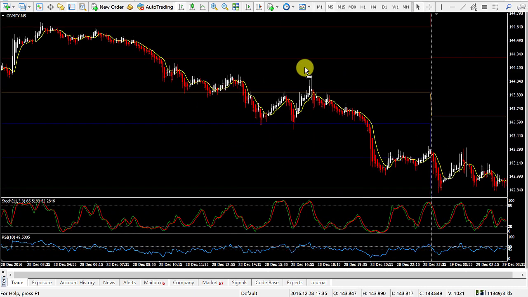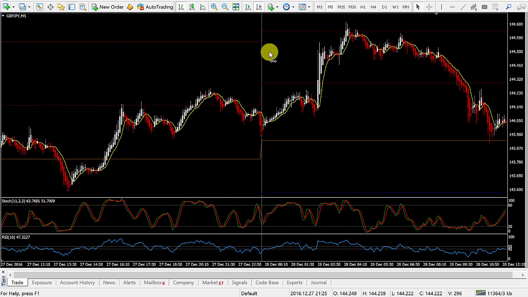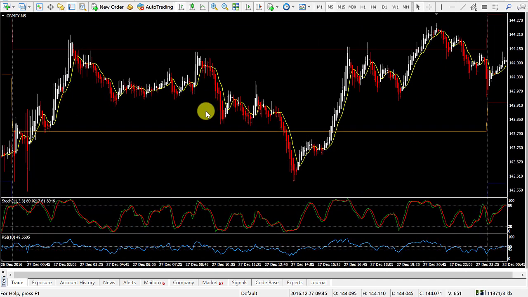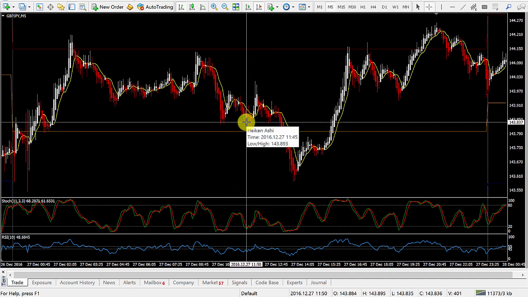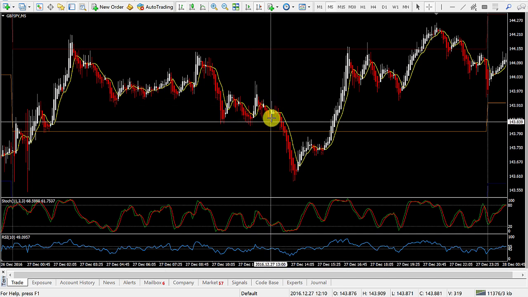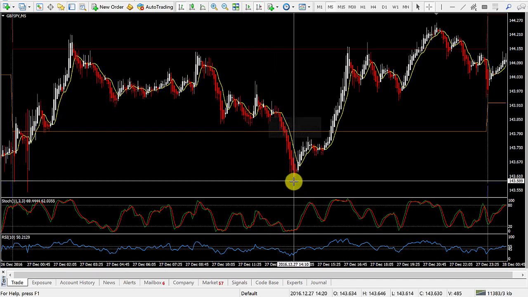The complex pullbacks require a bit more knowledge of price structure. They require that you have more patience, and also they require that you don't get emotional about them, because these can all fake out traders a lot. You go short here, you get faked out. You go short here, then you close it out thinking, it's not going to work out anyway, and then price